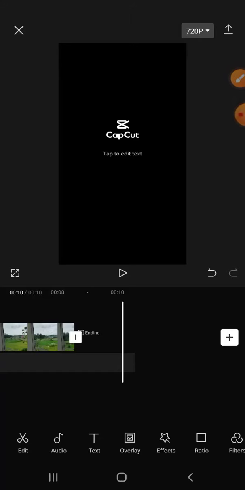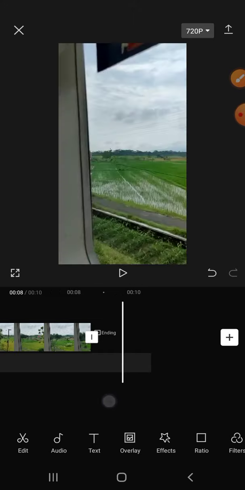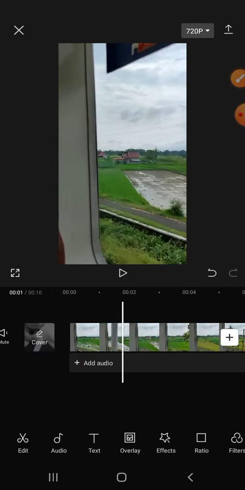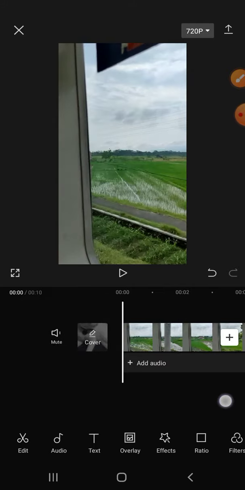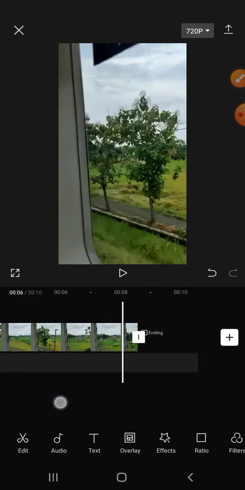Today I'm going to show you how to insert video in CapCut. After you import your video to CapCut and then you want to insert another video to your edit, you can click everywhere but the video, and you got to choose the part that you want to insert new video. You can choose the first part or the end part like this. And after that you can choose this button,